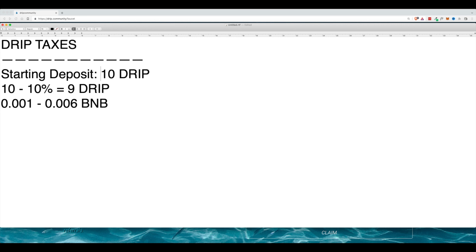To recap, you are going to deposit 10 DRIP tokens and you are charged a 10% tax, which leaves you with 9 DRIP tokens. This goes into your deposits. And then you are also charged another tax in the form of BNB that is simply to allow the DRIP website to make this transaction for you. So when you look at your account after depositing 10 DRIP tokens, your account's deposit balance